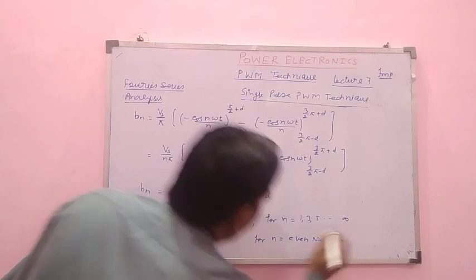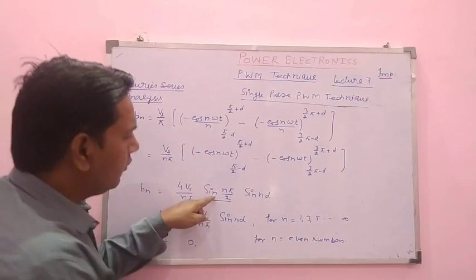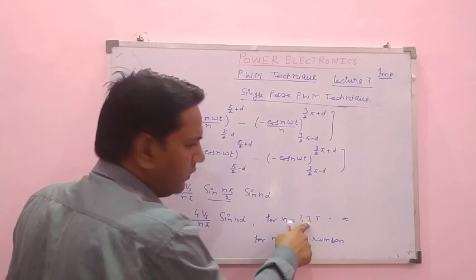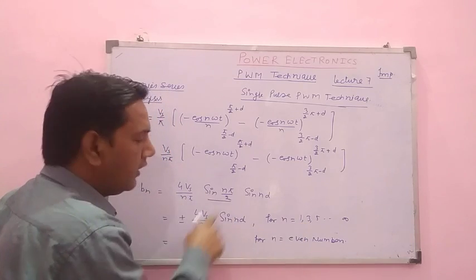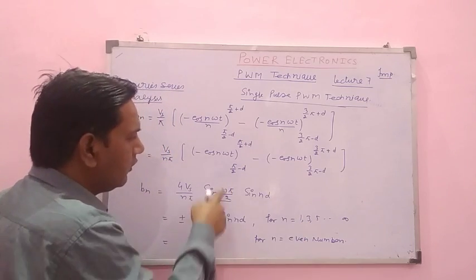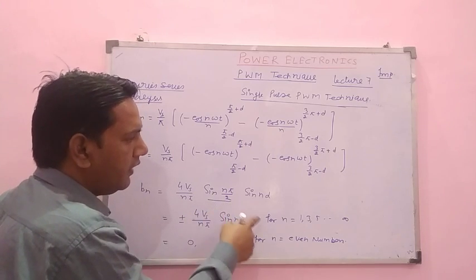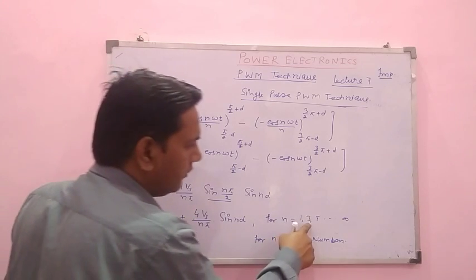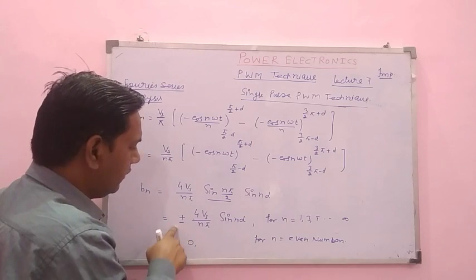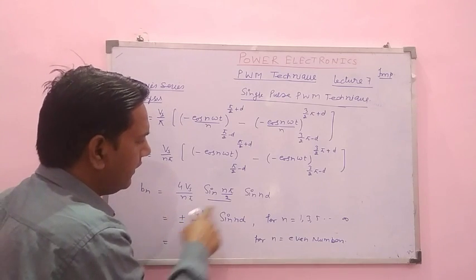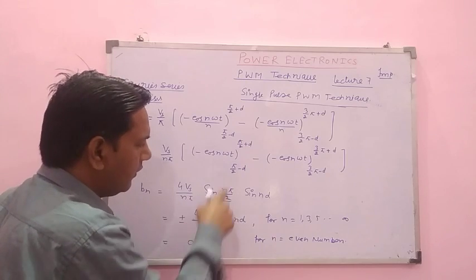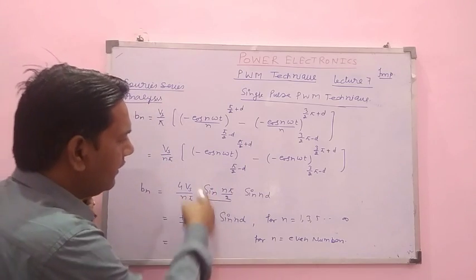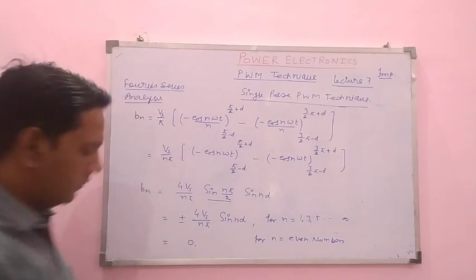Okay. You can calculate sin n pi upon 2. If you put n is equal to 1, sin 90 will be plus 1. When you put n is equal to 3, it will be 270, and the value of sin 270 is minus 1. So it will give both the values of plus 1 and minus 1. For some odd values it will give a plus value, and for some odd numbers it will give a negative value. So it is written as plus minus 4Vs upon n pi. The value of this term will be 1 or minus 1 for odd numbers, and it will be equal to sin n d, and completely it will be 0 for even numbers.